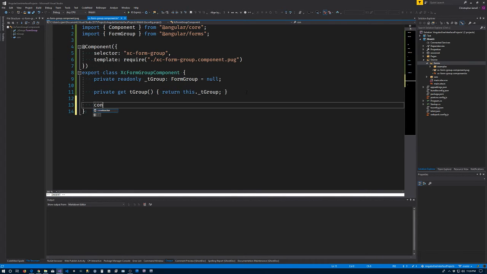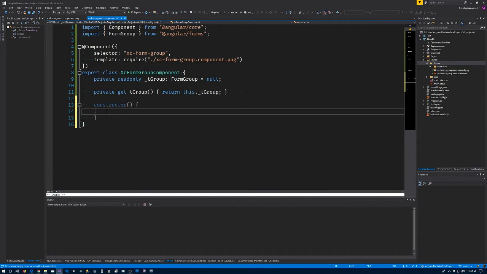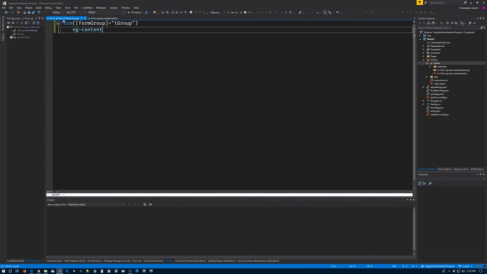So we'll do constructor, or I'm going to use the field here. So we'll have the T group, and that's going to be equal to a new form group. That requires an object, basically usually has the form controls, but for now what we'll do is add in an empty object. So we're creating our form group,